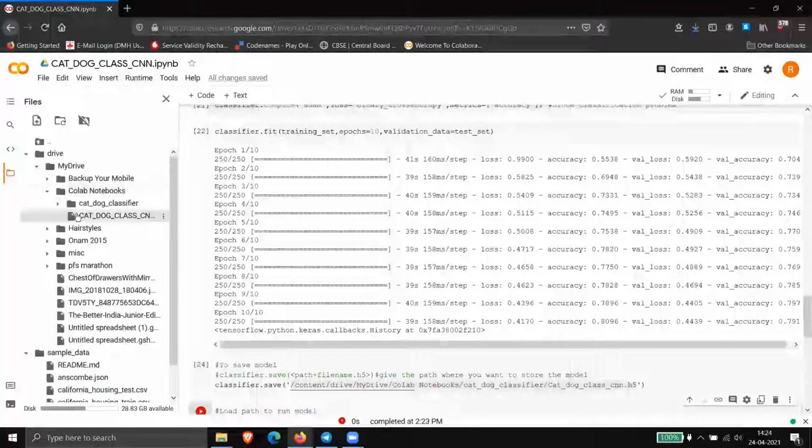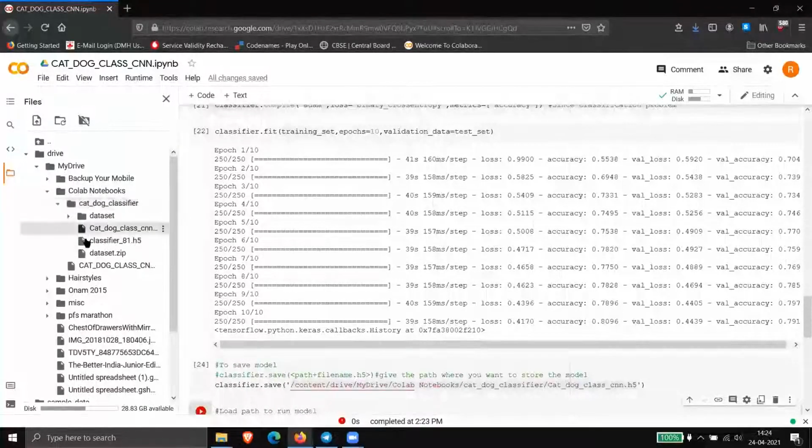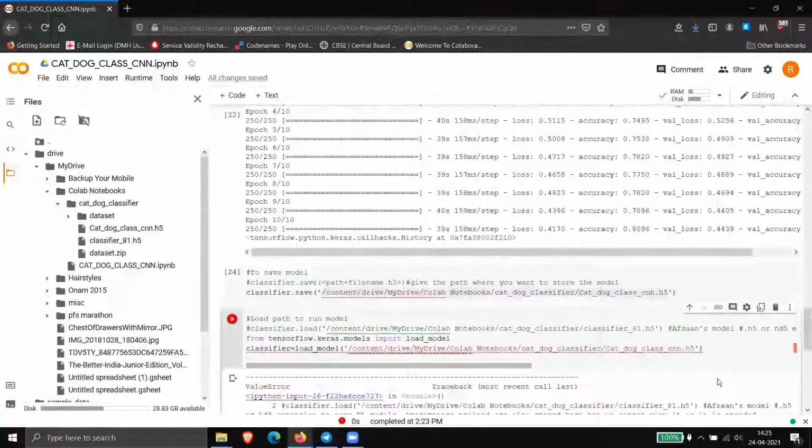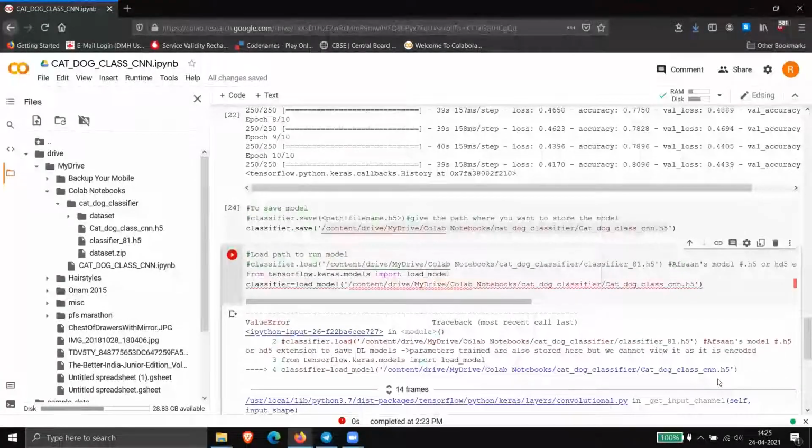On the left, yes. Expand this. Okay, it's correct. Go down, let me see the file location. So catdogcnn.h5, everything is correct. Run this again.